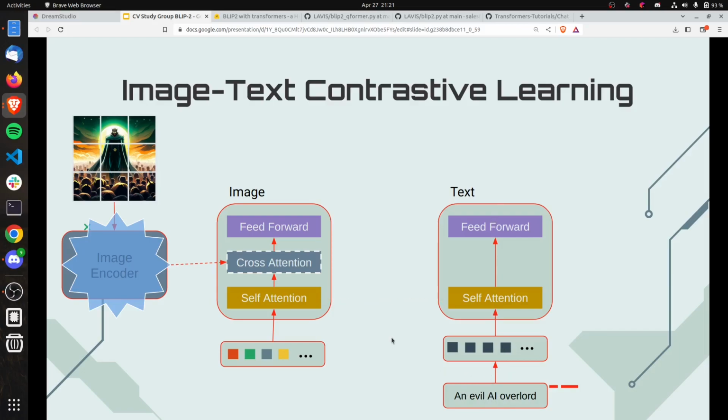And then what we do for the image text contrastive learning is that we don't let these tokens interact in the self-attention. So here I cut the connection, right? So in reality, we mask the attention in a way that these queries don't see each other. And then we create the image text contrastive learning with outputs from both the image and text sides.